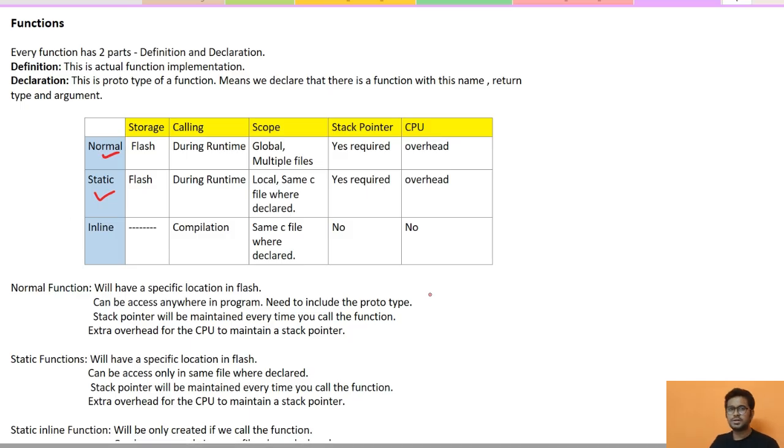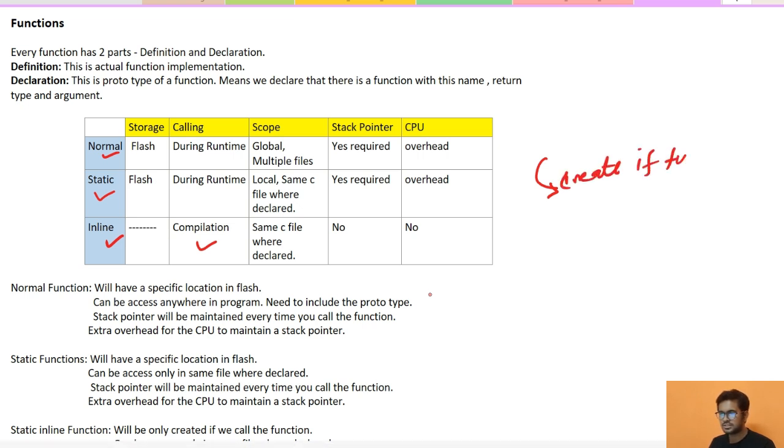Okay, now let's look into the inline functions. First of all, inline functions are not stored in the flash. So where is it stored? This is something that will be handled during compilation, and it will be replaced or created if the function is called. If that inline function is never called, then that function will not be created and will not be kept